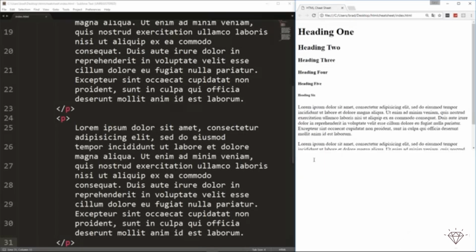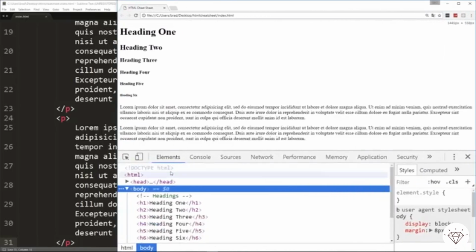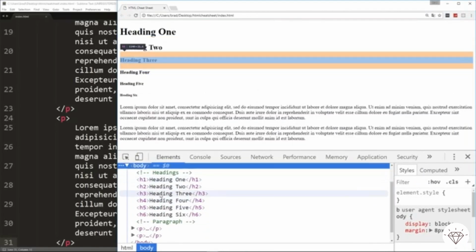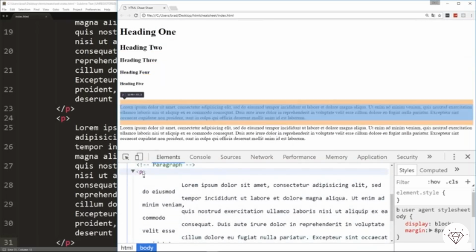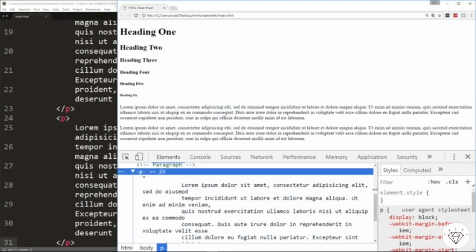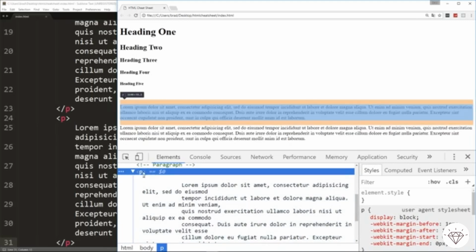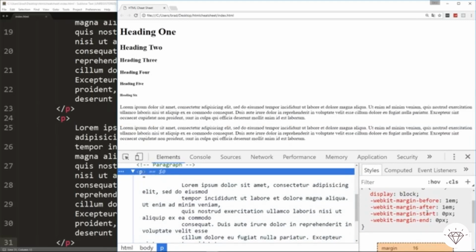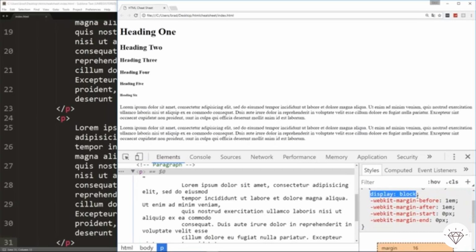So if we hit F12 and look at the developer tools, I'm just going to make this a little bigger, and we look down in elements, now you can see we can hover over everything and it'll show us it up top. And if we look at the paragraph here, and I just click on it, over here you'll actually see any CSS or any styling that is associated with this particular paragraph or whatever tag we're hovering over. And when you see this user agent style sheet, this is the default browser styling. So you can see a paragraph is displayed as a block, so it's block level,